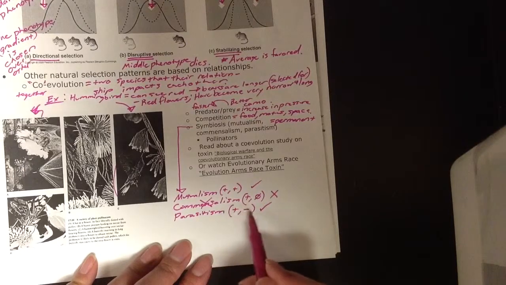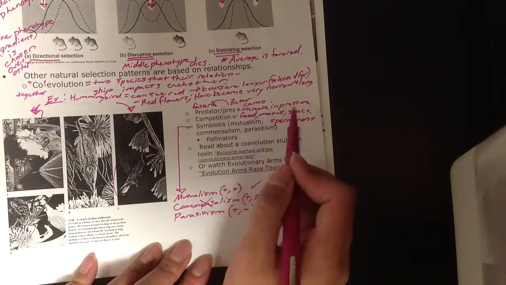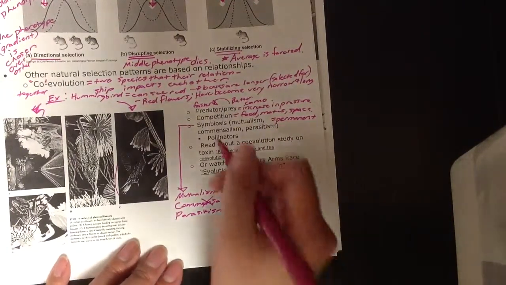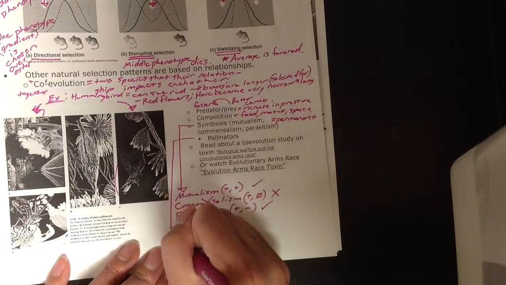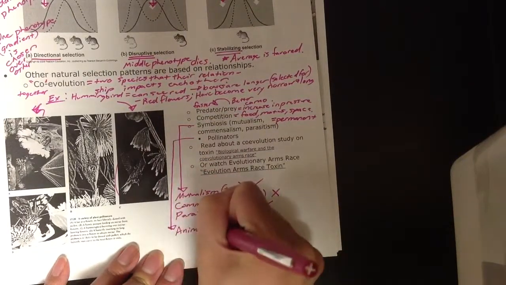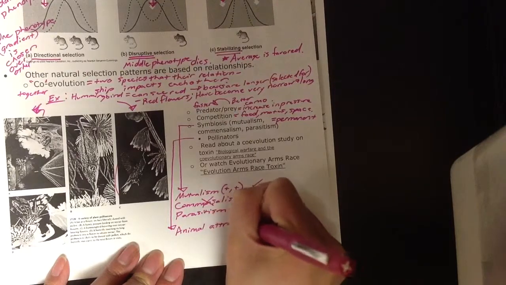So they're both going to try to push each other, create some pressure in each other, and cause some changes there. Pollinators are also another very good example, because the animal can be attracted to the plant,